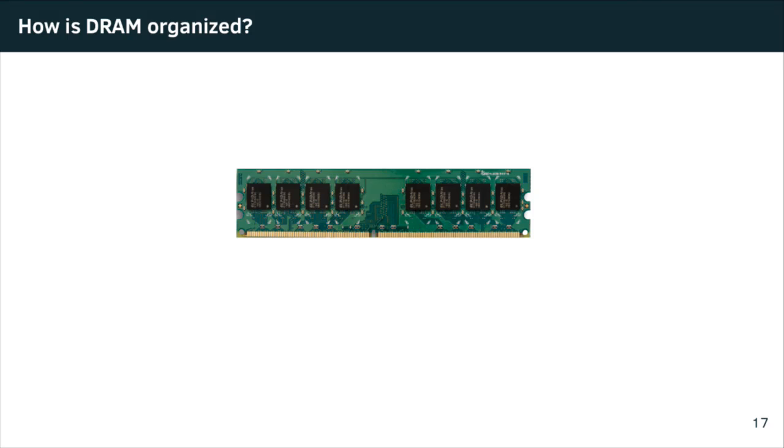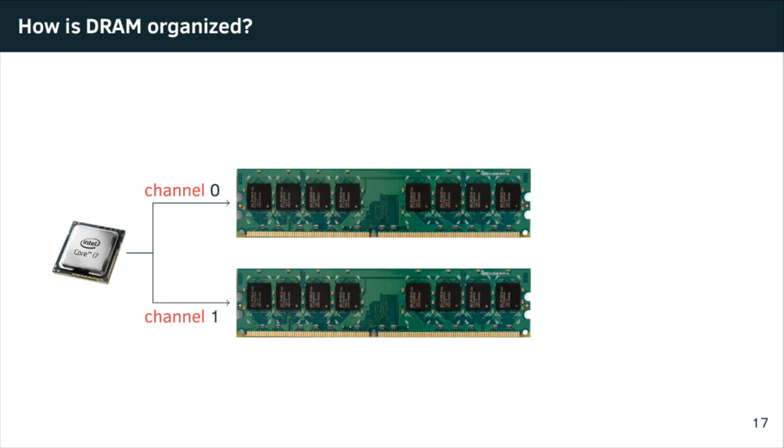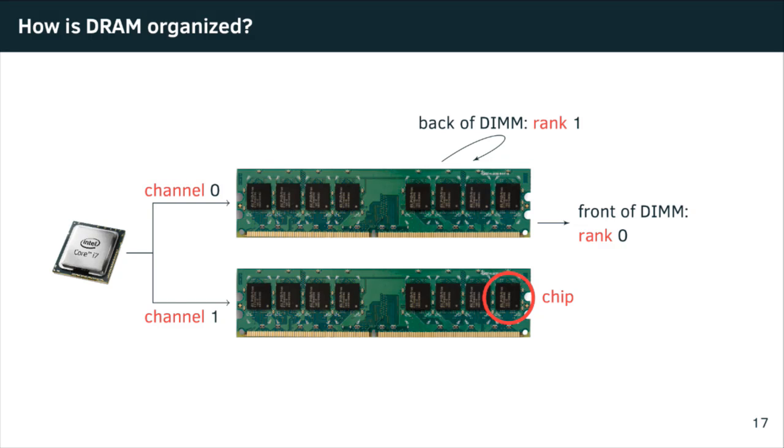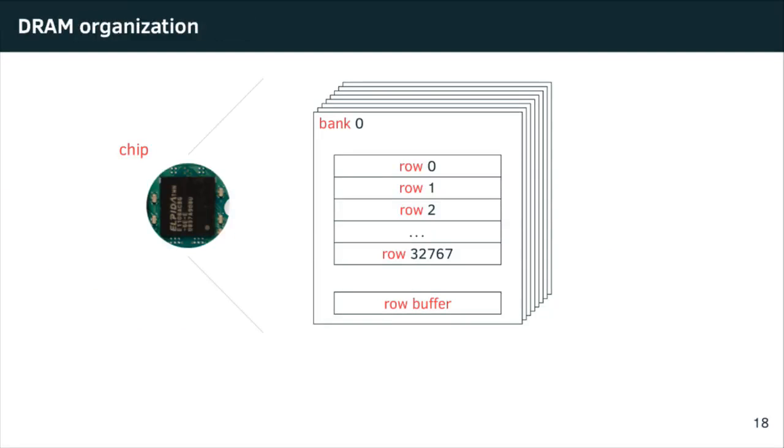What you see here is a DIMM. This is what you buy if you go to a store and buy DRAM. You can have one or more DIMMs in your computer, and they are connected to the CPU through channels. Either the DIMM has a front side and a back side, and these are called ranks. On the ranks, we have a number of chips. If we open up the chips, we'll see we have a number of banks inside. Each of these banks has a row buffer. We're going to be talking a lot about the row buffer in a moment. For now, we'll just have a look at what's inside one of these